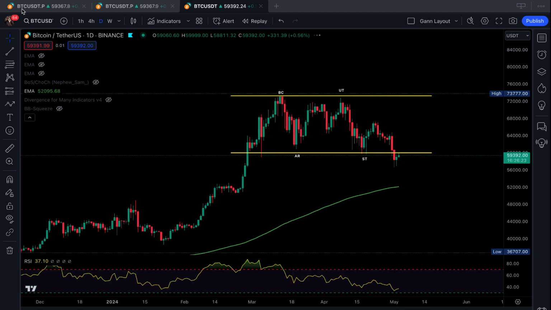Now, there are two opportunities for Bitcoin. I should say possibilities, but there are opportunities as well. The first possibility is that Bitcoin is in a reaccumulation phase. What is a reaccumulation phase? A reaccumulation phase is a phase in which the price is in consolidation before moving higher.